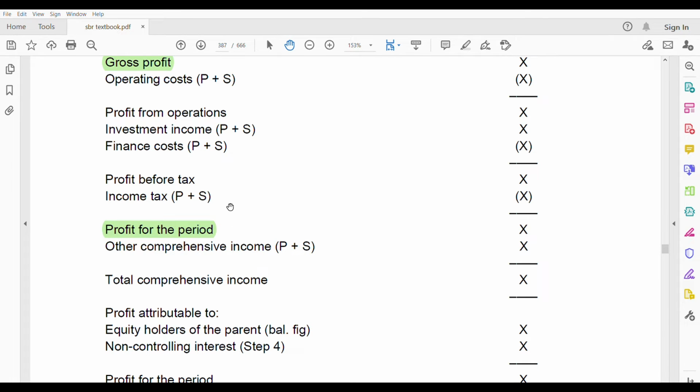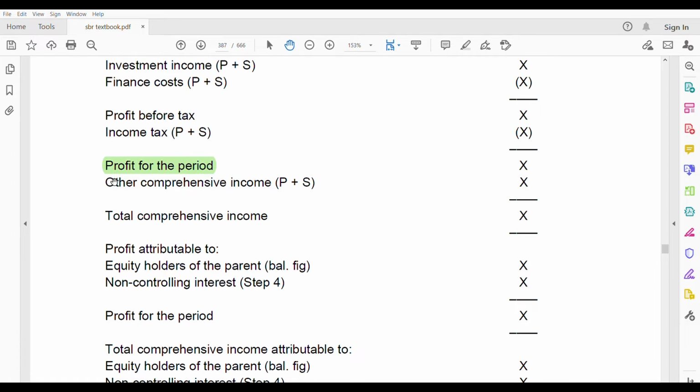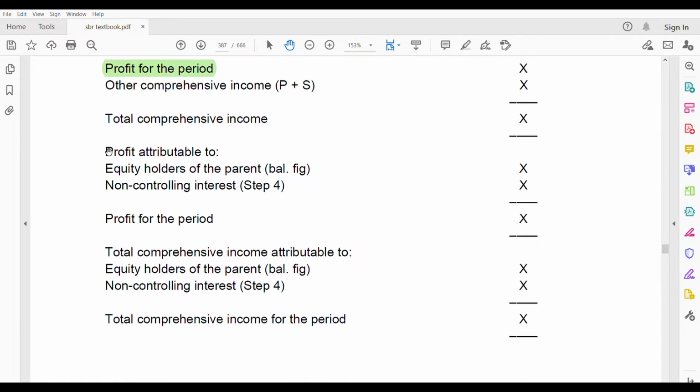Profit for the year. Okay. Then other comprehensive income. When you're taking other comprehensive income, you have to take the parent plus the subsidiary's other comprehensive income. Then this is known as TCI, total comprehensive income. It's not over. You need to add these things. What is the profit which will go to the parent and the NCI? What is the total comprehensive income which will go to the parent and the NCI? Okay. Always start with the NCI. Because for the parent it is the balancing figure. Okay. This you have already calculated in step 4. NCI you must have already calculated.